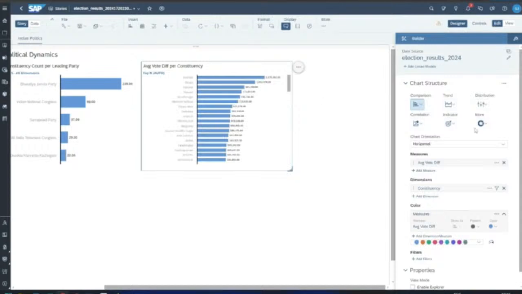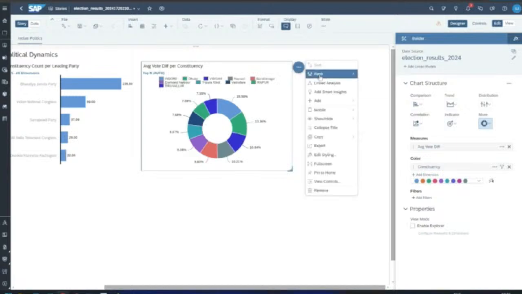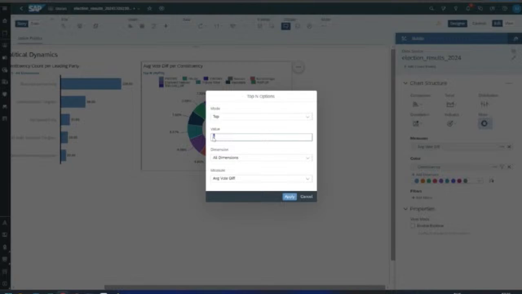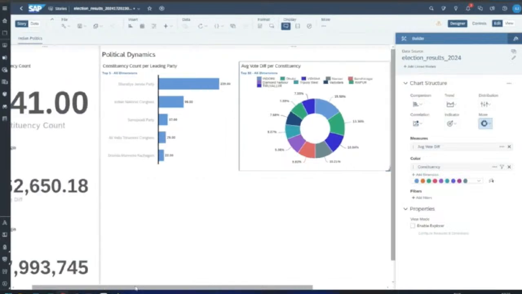So I can now convert this chart to a donut chart, and I will show only the top 10 constituencies with respect to their number. That's a donut chart which showcases the average vote difference, the maximum vote difference where the other party won the election.